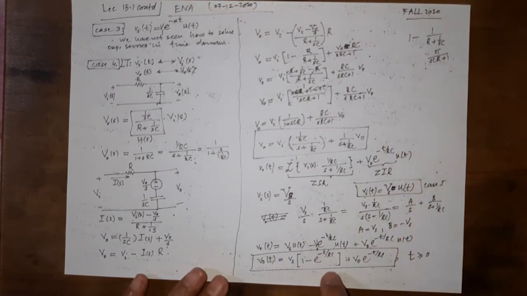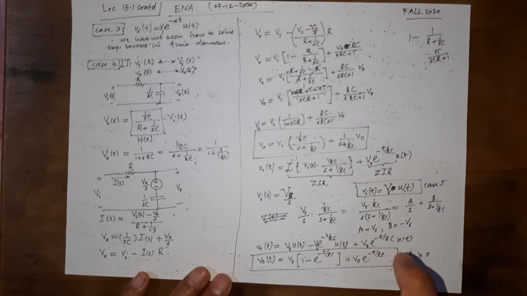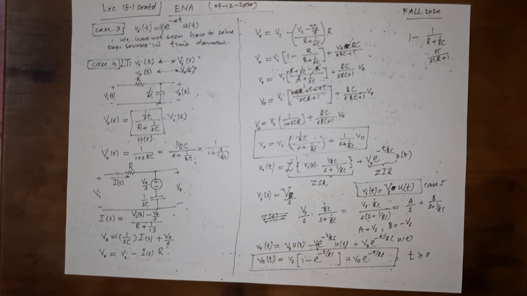But once again, because this includes the zero input response, we cannot use this in the superposition because of these initial conditions. Whenever we have to find the transfer function, the initial condition must be 0, and there should be no independent sources in the circuit as well. Only then are we able to find the transfer function. So the transfer function would be dependent solely on the zero state response.